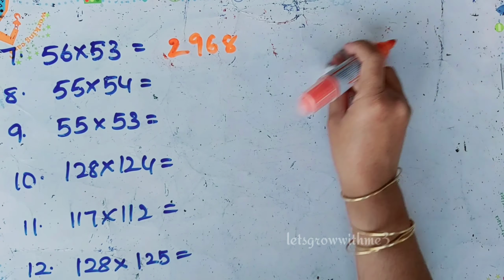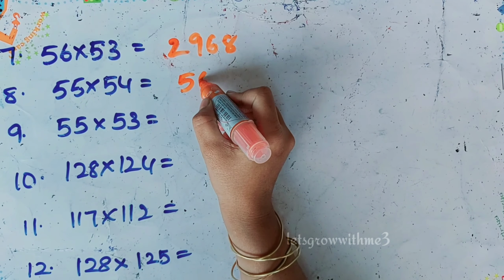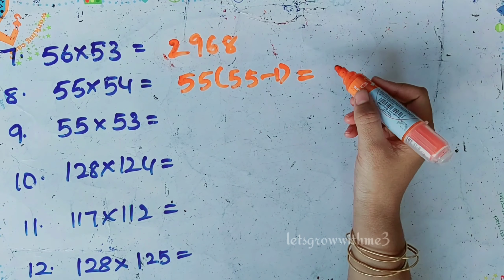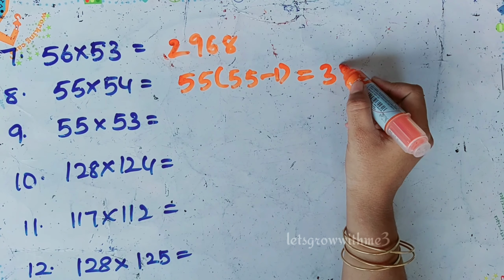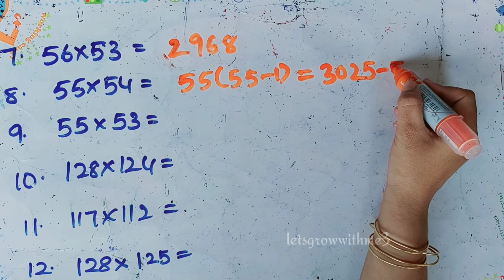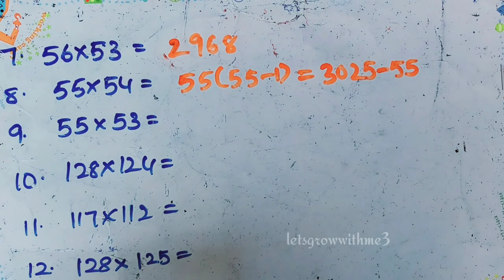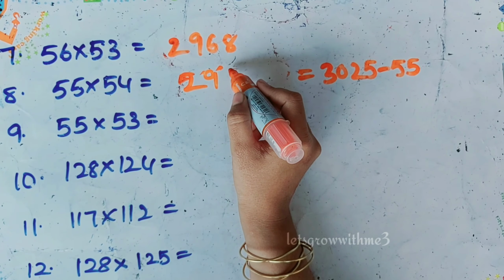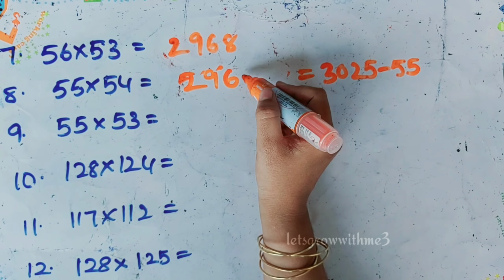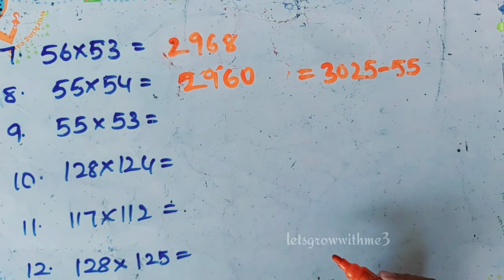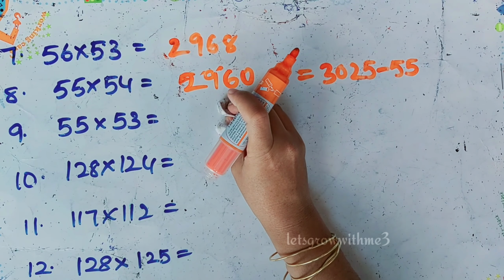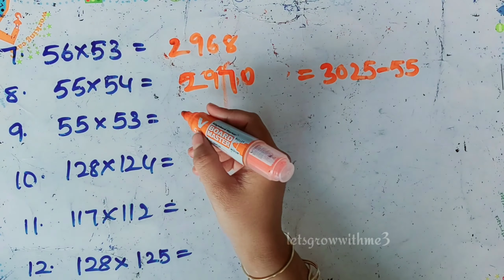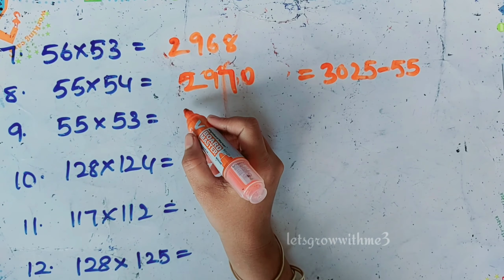55 times 54. So here actually I should have 5 in the ones place. 5 in the ones place. So that's why I'm doing subtraction again. Now again we can apply our first formula. So 55 times 55, which is 6 5s are 30, 25 minus 55. So 3025 minus 55 means 29. 6, not 6. This is 7, right? Because we don't have any borrow combination. So 7, yeah, 0. 2970. Okay. So let's see the next question.